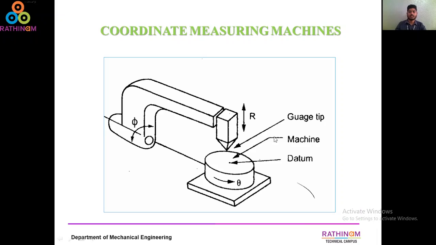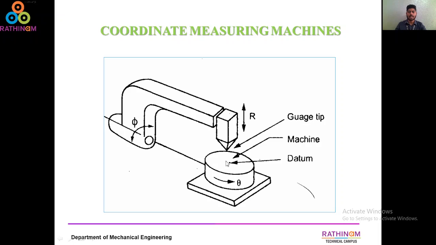So this is one type of coordinate measuring machine system. It is used for only one direction. This column rotates to the right side or left side, in the counterclockwise and clockwise directions. This is a probe, and this is an arm which is used to hold the probe, and this probe can be moved in the up and down direction,